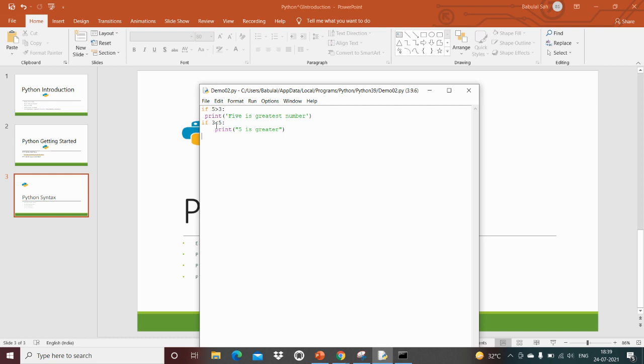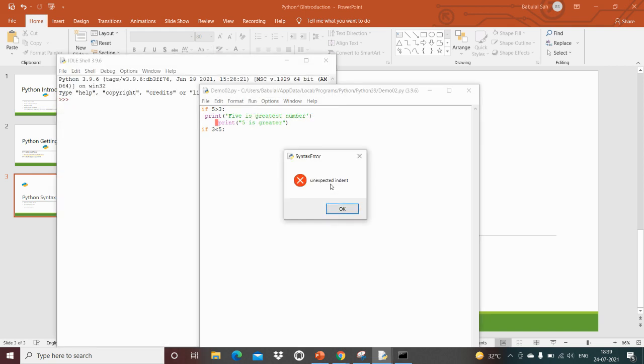You have to use the same number of spaces in the same block of code. Otherwise, Python will give you an error. Okay, like this. If we do not give the same number of spaces, then it will show an error.